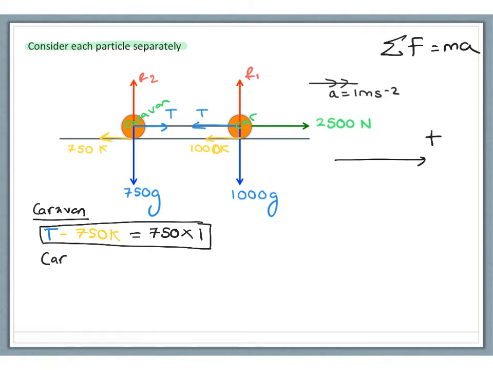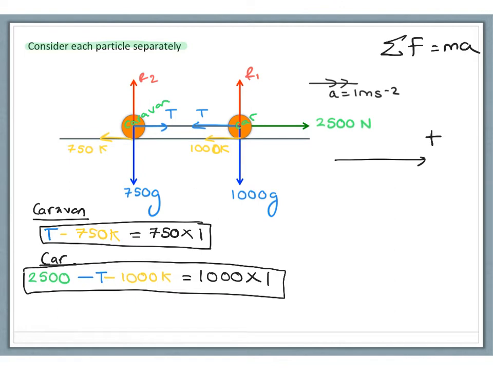Let's now look at the forces acting on the car. We've got 2,500 going in the positive direction, T in the negative direction, 1,000k in the negative direction, and this equals the mass of the car, which is 1,000 kilograms multiplied by the acceleration of 1. And we have a second equation. So our simultaneous equations, again, notice the fact that you have a positive T and a negative T, so adding these two equations together will easily cancel out T. So this then gives us, when we add them together,